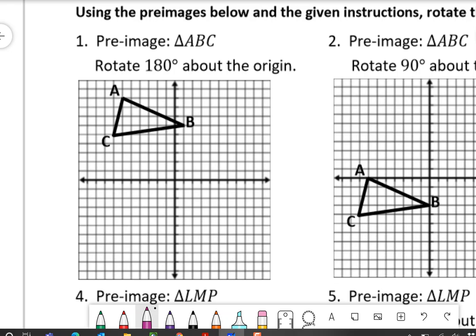With me doing this, please remember, you will not be able to see what my screen looks like as I rotate it because it's flat on my desk. Now, rotating 180 degrees about the origin, I'm taking my computer, I'm going to turn it to the left twice. So I'm going to do 90 degrees, here's one rotation, and here's two rotations. So now, my computer is upside down, using the pre-image below at the bottom of my screen, and I can see what my image is. So my axis of what I'm looking at, this is what my new orientation is, and my figure is in the bottom quadrants. So B, being right here,